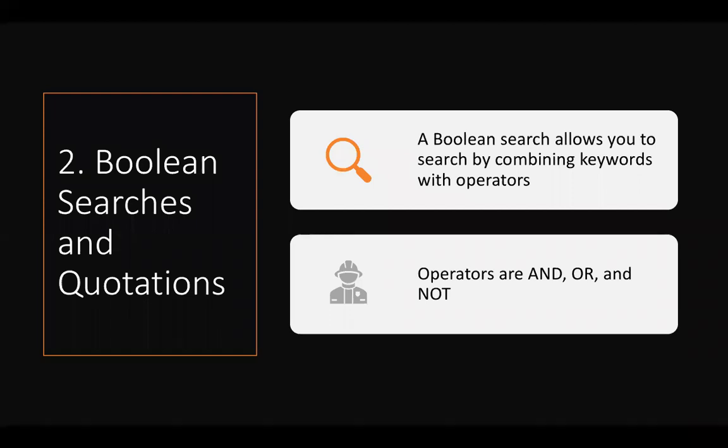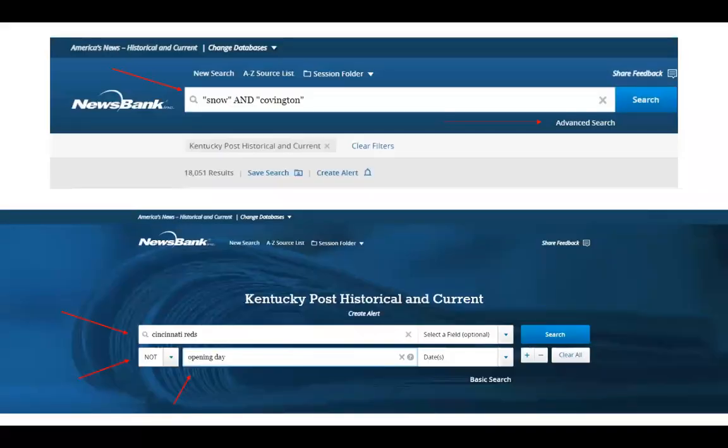And the second search strategy is using Boolean searches and quotations. Boolean operators are and, or, and not, and combining keywords with these operators will allow you to further refine your search to produce more relevant results. Boolean searches are a great place to use in newspaper databases. So here I'm using the library's Kentucky Post database to search for the terms Snow and Covington, which will work to